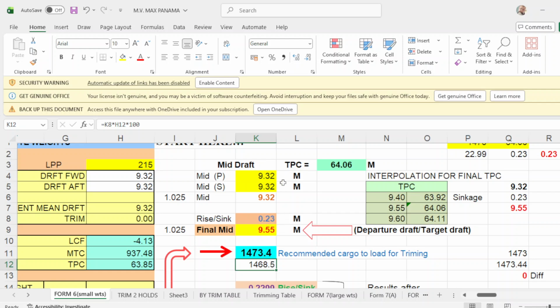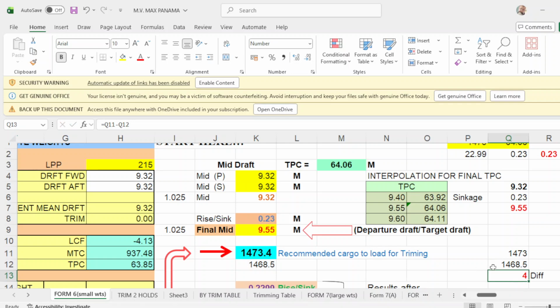Now, take note, if you use this TPC, look at the value, that is 1472.5. There's a difference of 4 tons.